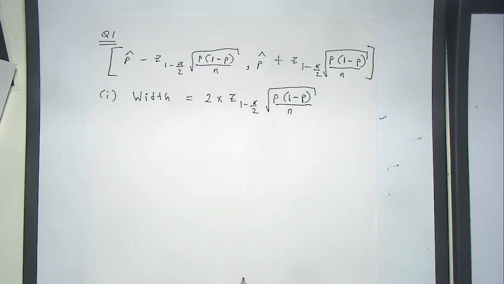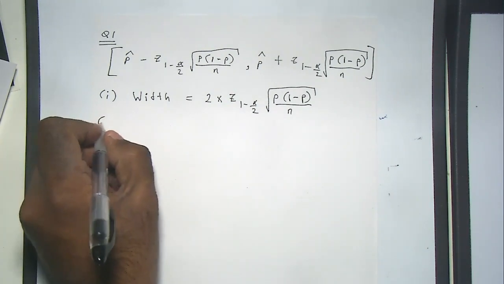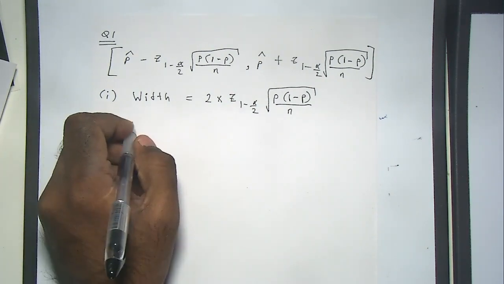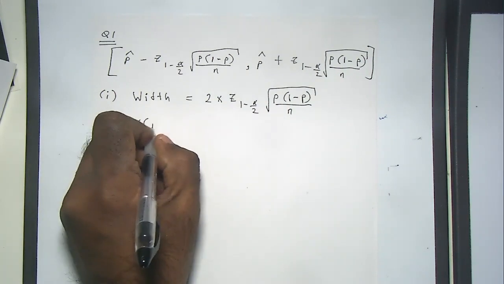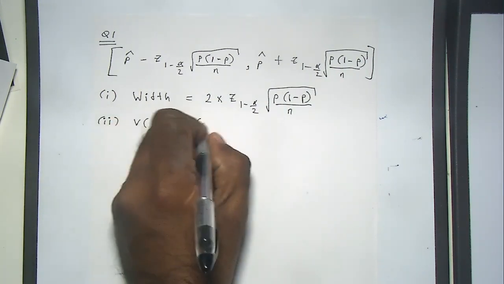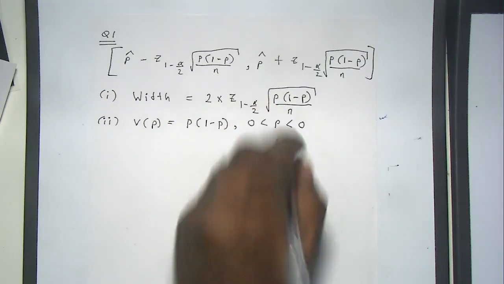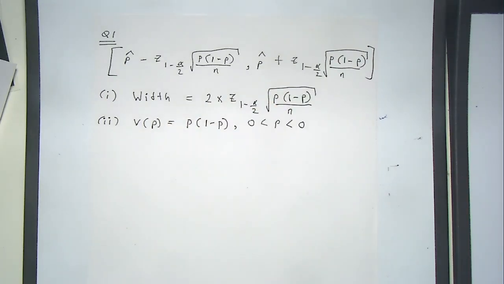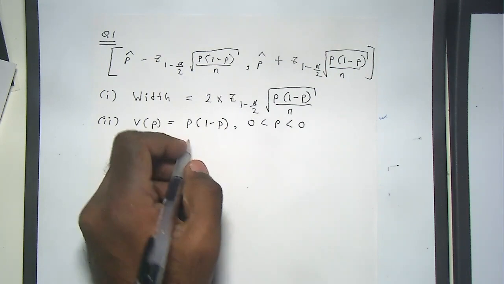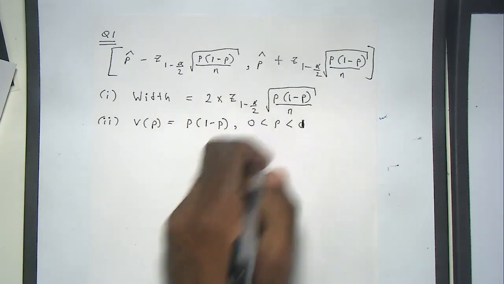Okay. Part 2 is to sketch the graph of p times 1 minus p. And this is where your calculus comes in. You have the function v of p equal to p times 1 minus p, with p between 0 and 1. Now, how would you plot this function, guys? I'm sure you did plenty of questions like this in your calculus and vectors. The first thing you need to do is choose